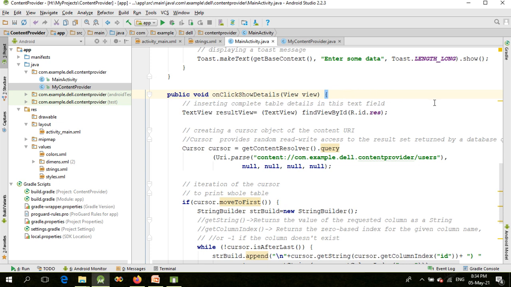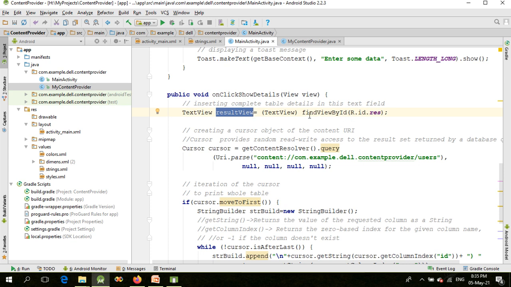To show the data retrieved from the database, we have declared one TextView object whose name is resultView, and we map this TextView object with